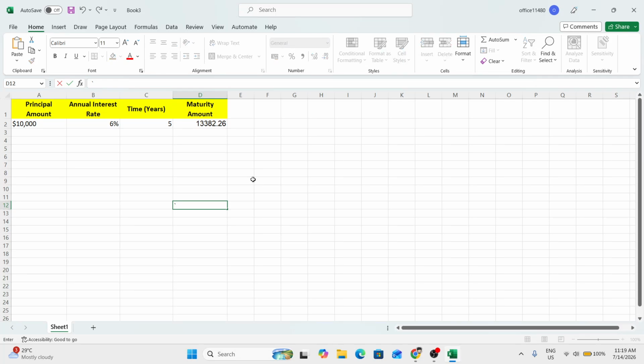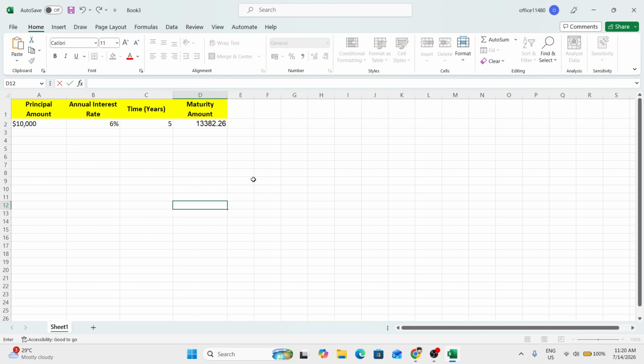In today's video, I'm going to teach you how to calculate fixed deposit maturity amount in Microsoft Excel. A fixed deposit, or FD maturity amount, is the total money you receive at the end of the deposit term. That includes your original principal amount plus the interest earned over time. So if you want a quick and accurate way to estimate how much your deposit will grow, Excel makes the